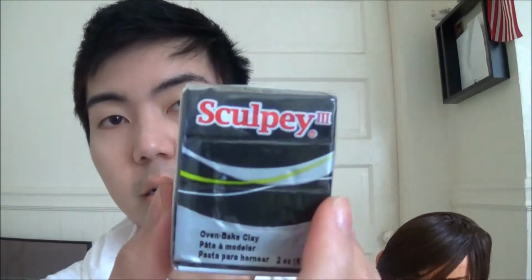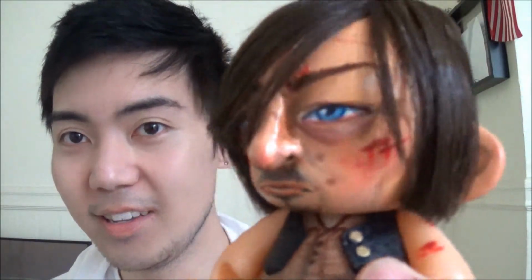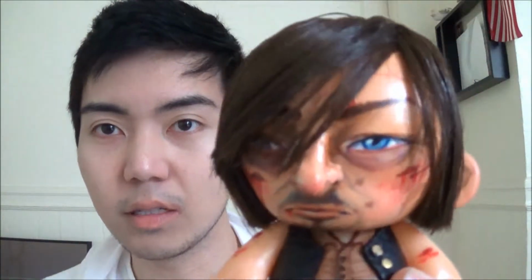For his nose, I used this Sculpey clay right here. This was the last I could find in an art store that I went to, and it was black. So I had to put on layers and layers of paint on his nose so that it doesn't look funky. And for his hair...